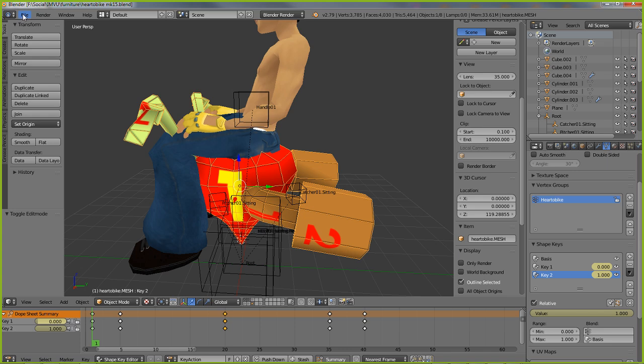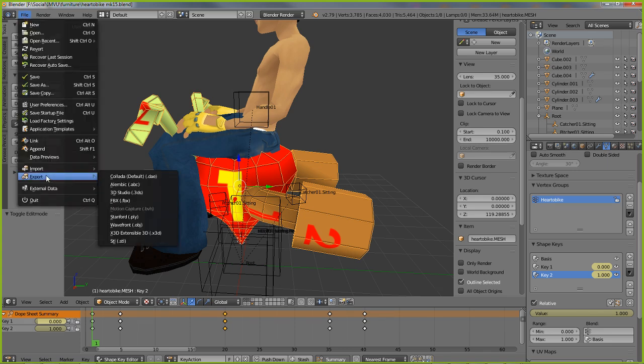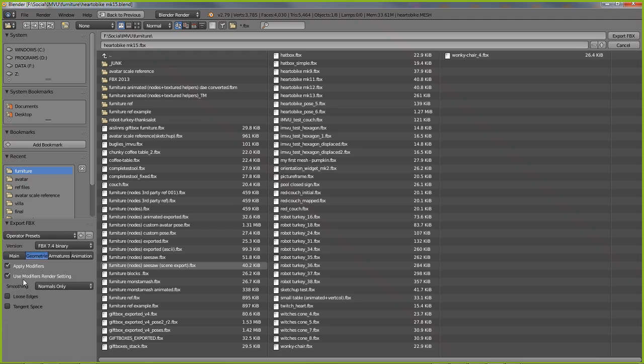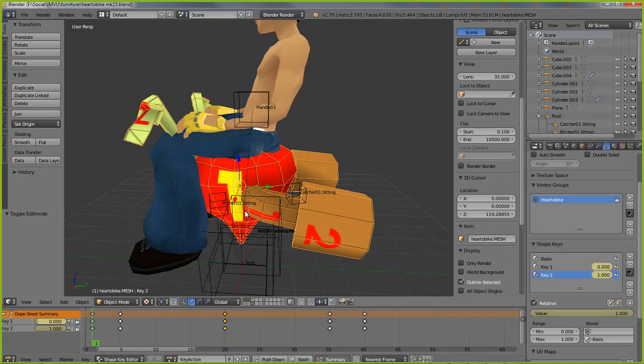Let's export this to see what happens. So File, Export, FBX. Now, hang on, we need to do something here before we do this, because of apply modifiers. So the IMVU FBX team people say that if we use apply modifiers on a shape key or morph animation, it'll break the morph animation. So that means